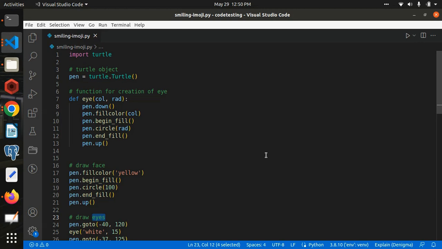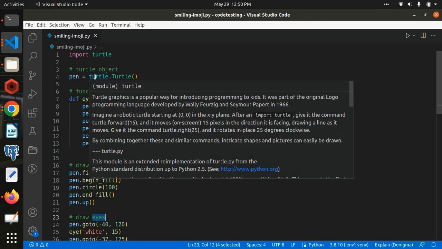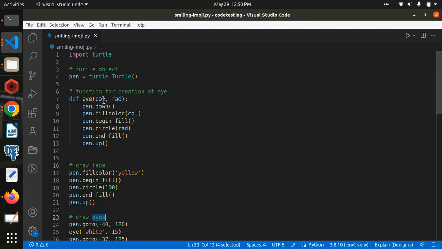We are going to draw a smiley face emoji. So for a smiling face emoji in Python, we have to use the turtle library. The turtle library will be responsible for doing this job. So basically what I have done, first of all, I have created a turtle object and assigned it to the